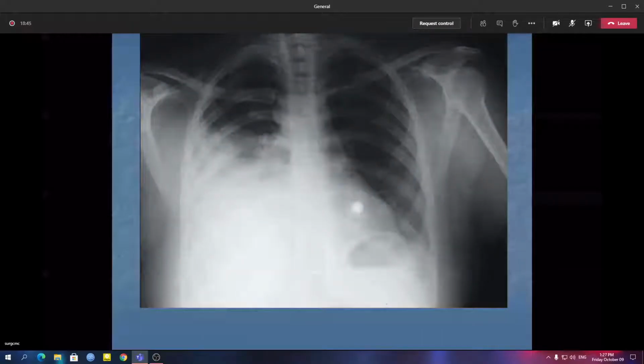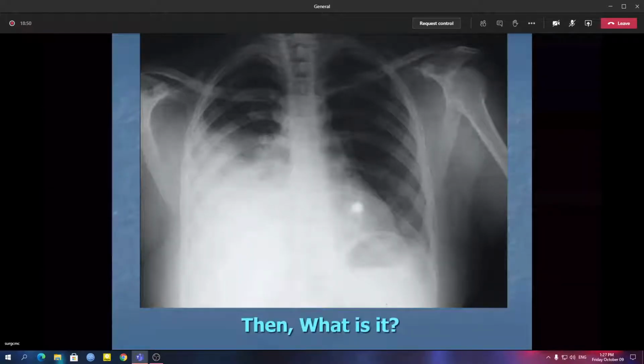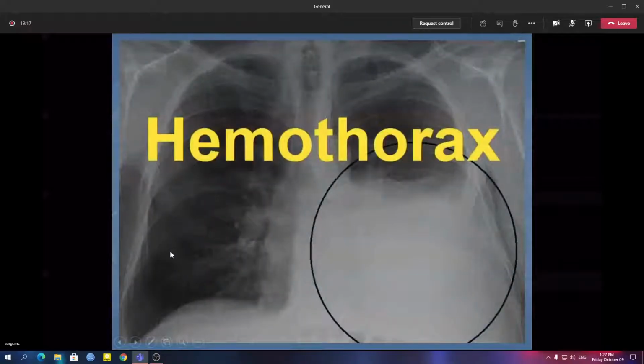This is another example. Then what is it? Is it also a pleural effusion? We don't know. You can see the opacity, but this is a rib. This is not exactly opacity. The opacity is like this. So this is more or less horizontal. This is an artifact, probably a button. Don't think something is there inside the heart. So this is a horizontal opacity on the right. What is it? This is another example, a horizontal opacity on the left.